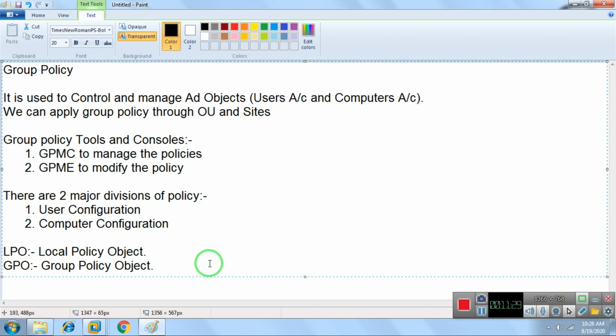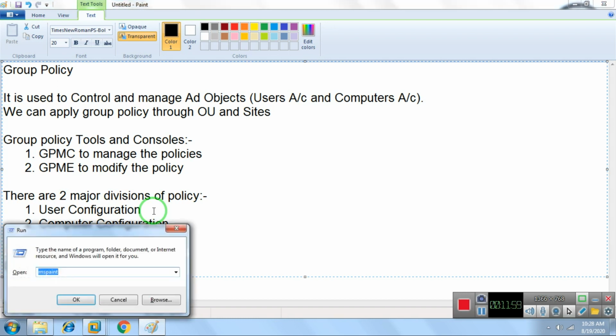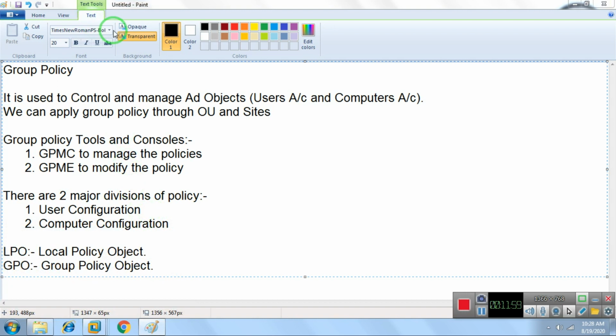Now next we need to understand that we have so many things in one policy. Imagine I have a console over there, the Group Policy Management Console, which I already told you. Once I open it and create a policy, we have so many settings. Number one, we have user configuration and computer configuration. With user configuration, we can apply the policies on users, and with computer configuration, we can apply the policies on computers. Now next we have other things also, like if I open another pane.